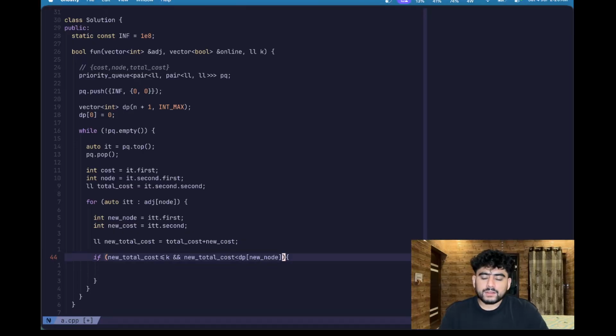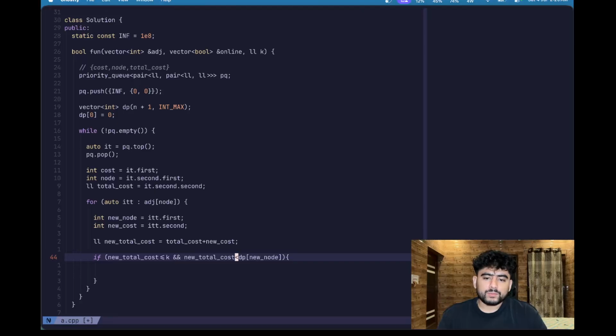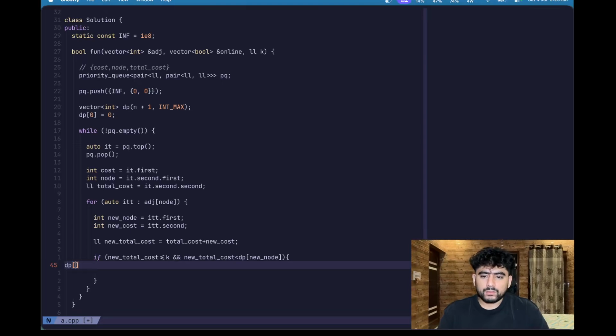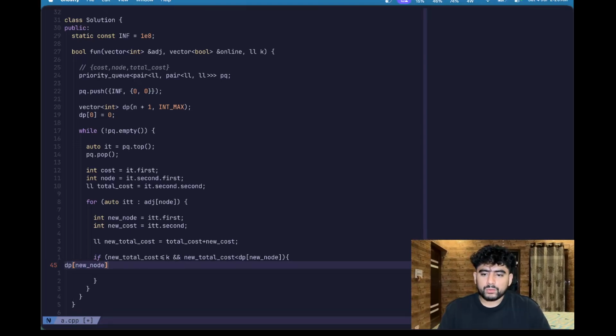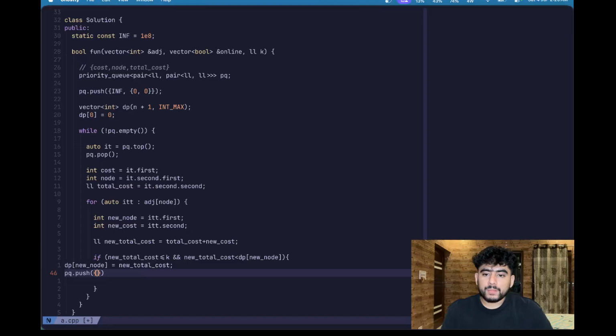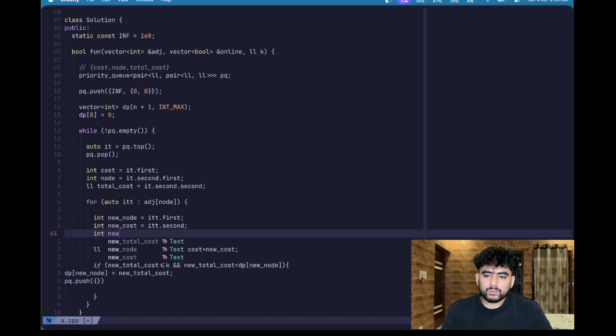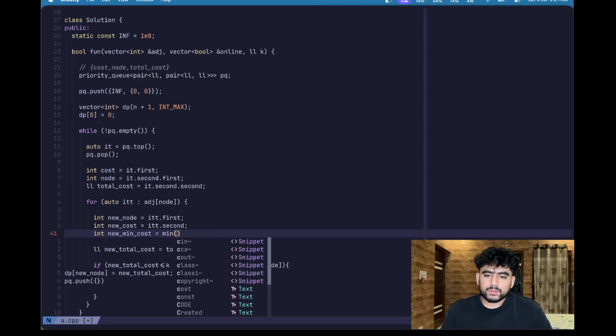And also we have to check, firstly, the cost must be less than k and the new total cost must be less than k. I think these are the two conditions we have to check. If this is true, then dp of new node value is going to be the new total cost, and then we can simply add pq dot push. So firstly we have to push the minimum value. So minimum value is going to be int new min cost. New min cost is going to be a min of new cost, comma